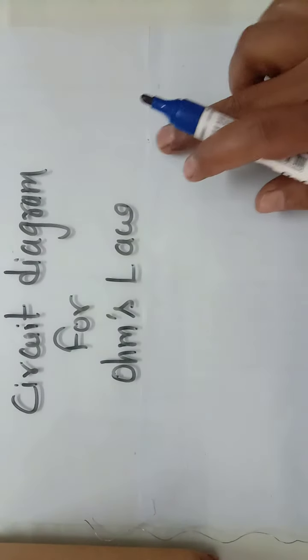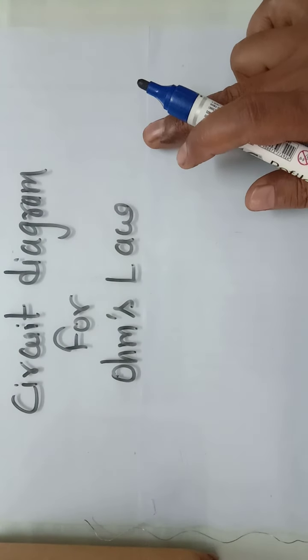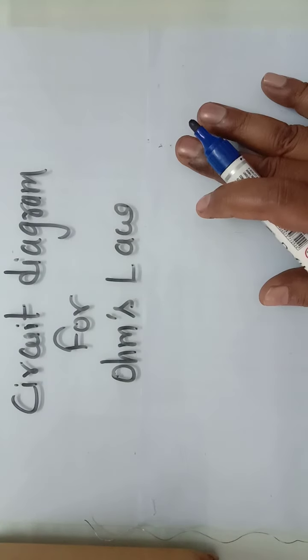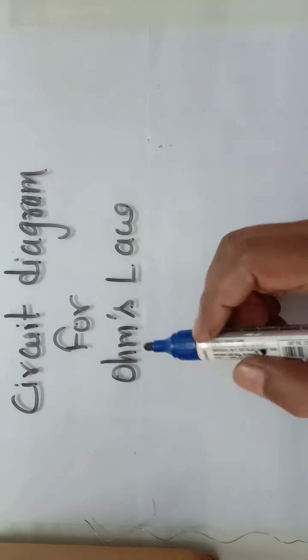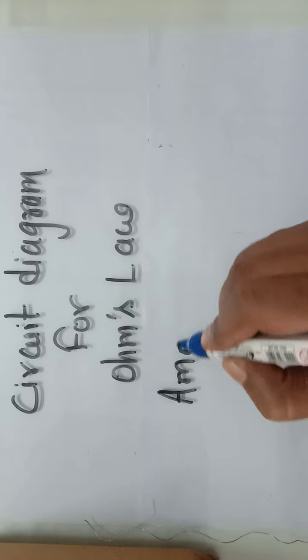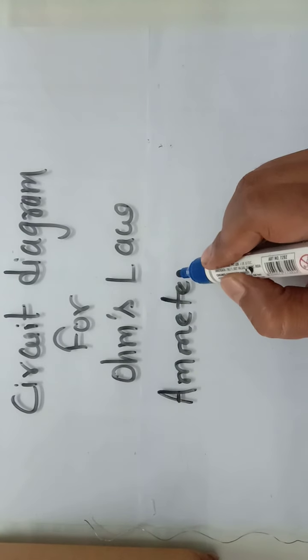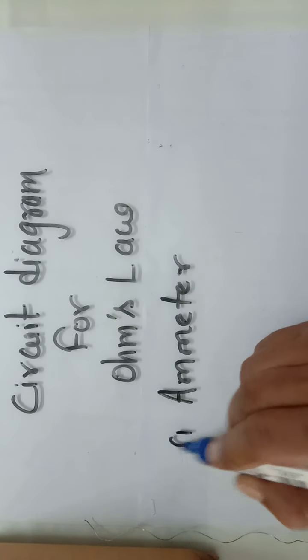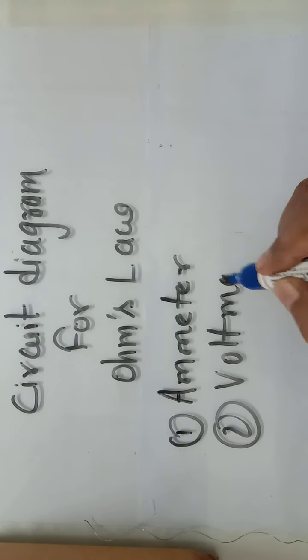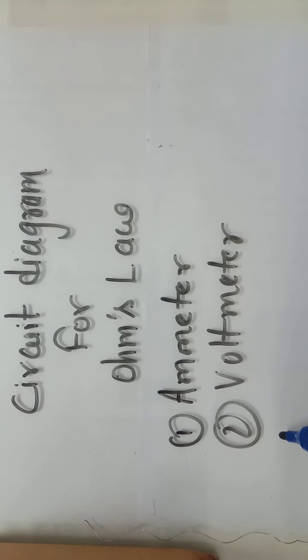Hi friends, now we will discuss the circuit diagram for Ohm's law. To verify Ohm's law, we have to take some components. The first is an ammeter, the second is a voltmeter, and the third one is a rheostat,